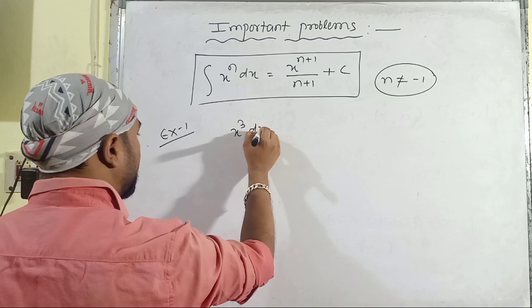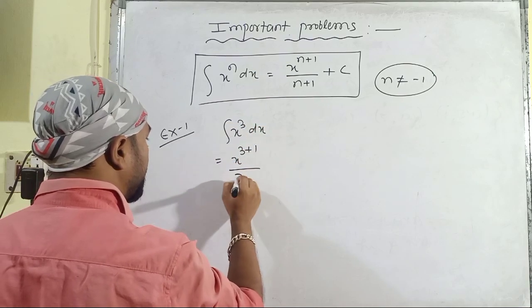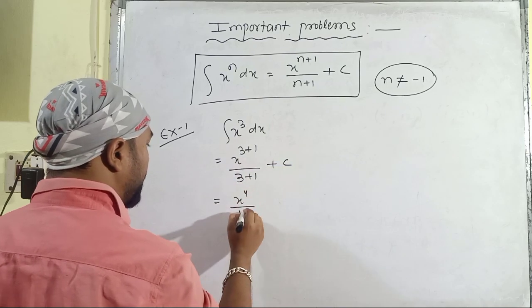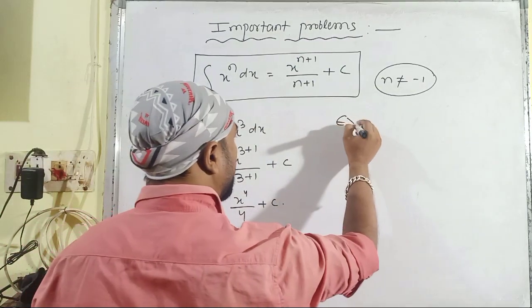Integral of x to the power 3 dx, it will be x to the power 3 plus 1 divided by 3 plus 1 plus any constant c, then it will be x to the power 4 divided by 4 plus constant c. Then example number 2,